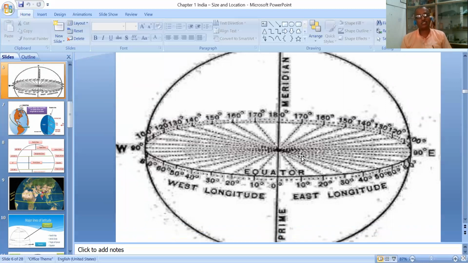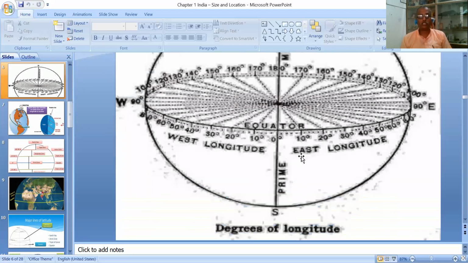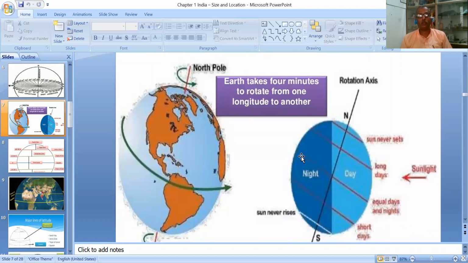Now let us concentrate on how it spins. Let us look into that diagram now, how it spins on its axis. See, North Pole, South Pole, we have marked here. From west to east, it starts to rotate. Earth is a little bit tilted, that we have seen in the globe, how it has been placed. There, we have noticed that when it rotates, day and night take place. In some places, nights will be longer, days shorter.